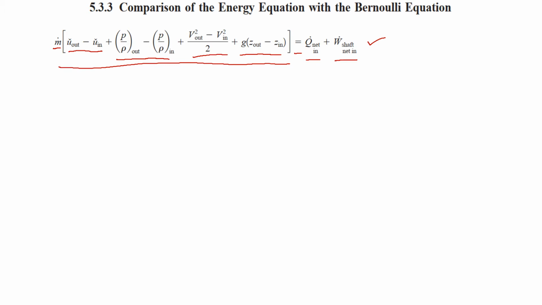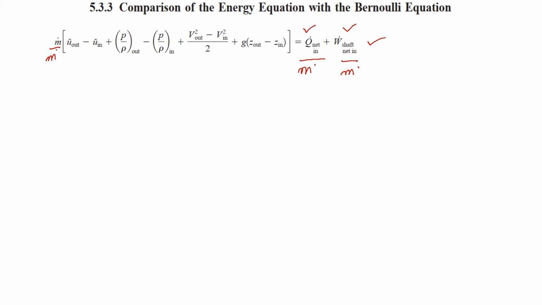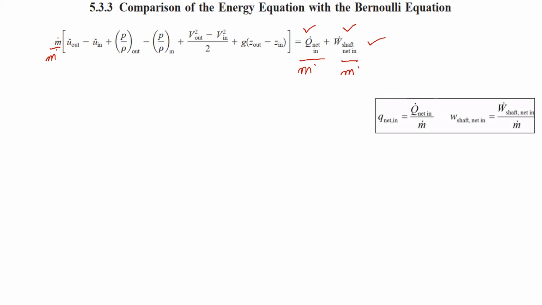Now what we are going to do is first divide both sides of this equation by the mass flow rate. By doing so, we will get rid of the mass flow rate on the left hand side. If we divide each term by m dot, on the right hand side we get the specific rate of heat transfer in and the specific rate of work transfer. Let's see what these terms will be. These are the terms that we will get. This is the term for the specific rate of heat transfer, and that is the work transfer